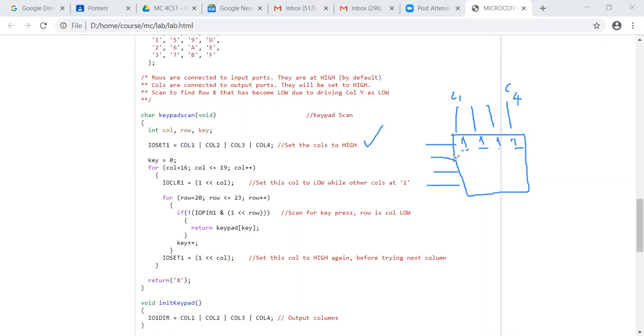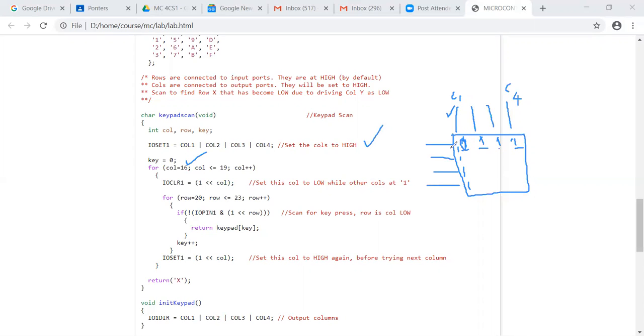And here, initialization for the rows: by default they will be at the same logic level, 1, 1, 1. So the logic here is, we go over all the columns, select a particular column, that is the first one, and clear the logic on that port, that means make it 0.